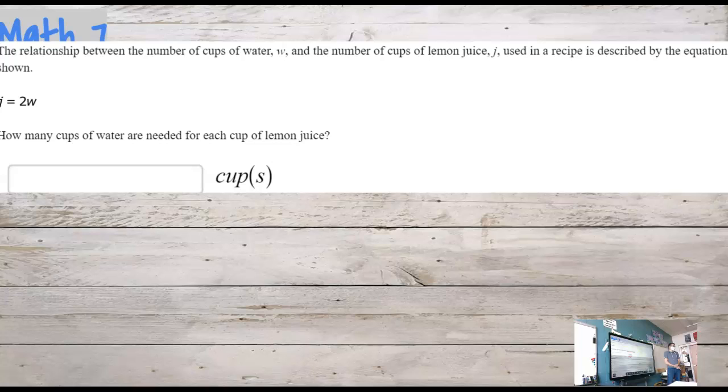The answer is not 2. The answer is half. Because what it's saying is, for each cup of lemon juice, how many cups of water are needed for each cup of lemon juice? If W is our water,